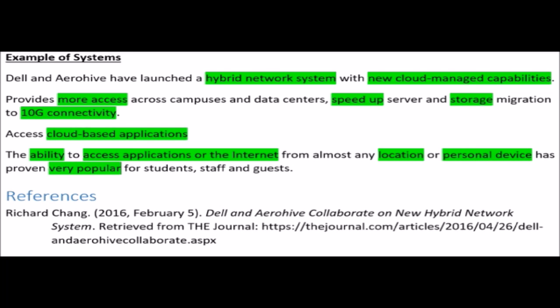Now I will review a few existing projects that have a similar idea to ours and see how the response to these projects from the users has been. Firstly is a hybrid network system with new cloud managed capability, which was launched by Dell and Aerohive. The system provides more access across the campus and data center. At the same time, it also speeds up the in-house server and storage migration up to 10 gig